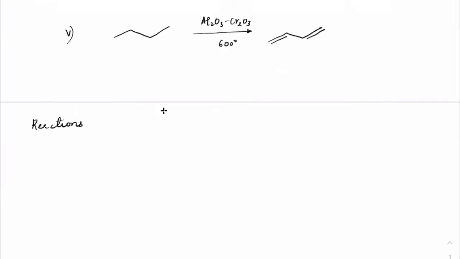This is one of the reactions of conjugated dienes. Best reference is butadiene. So when we take butadiene and treat that with something like Br2 in the presence of CCl4, we would get two products here.